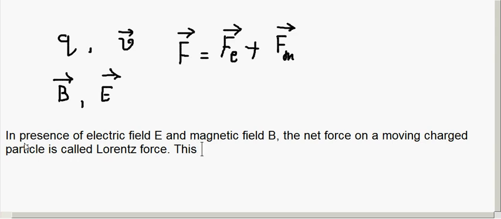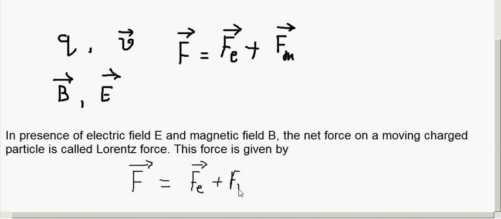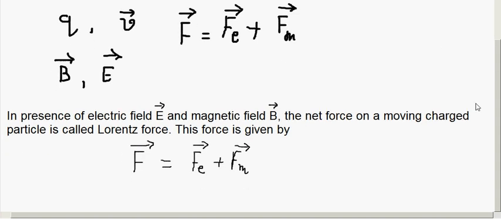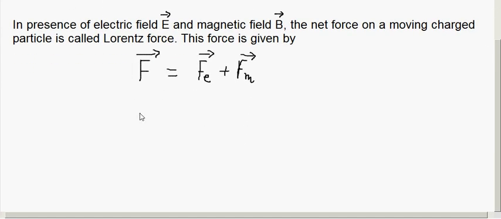This force is given by net force F is equal to force due to electric field plus force due to magnetic field. Here you can take electric field E and magnetic field B as vectors. Therefore F can be written as,